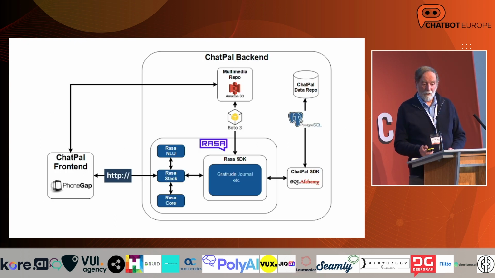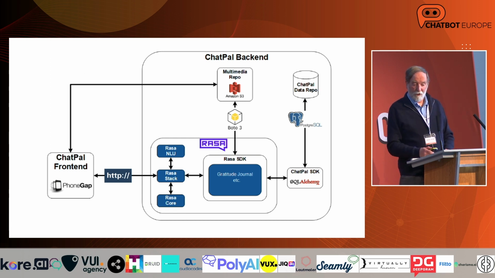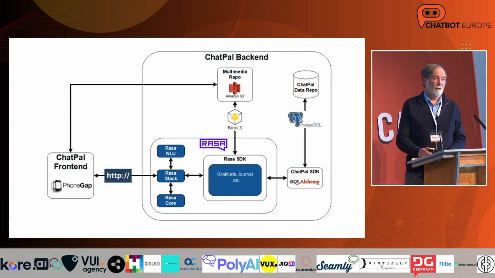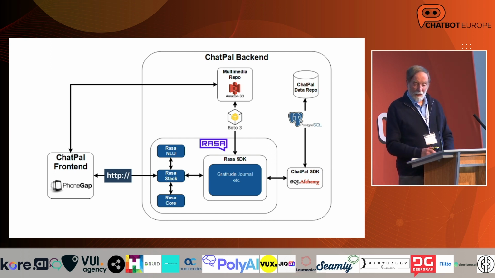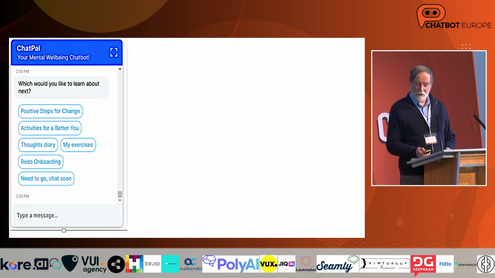And so the development was done through RASA, which I think most people know about. Just very, very briefly, we had the front end, which runs on Android and iOS. And I think, as Catherine mentioned before lunch, you can actually download it. So if you go to the Chatpal site, you can download it and play around with it. And then RASA was the core for implementing the actual interaction and the various aspects of that. And then there was a data store as well, using Amazon AWS.